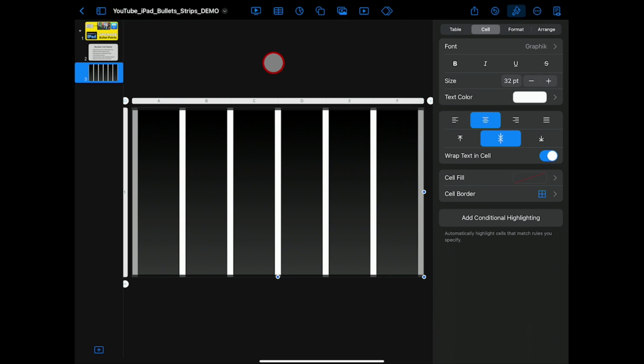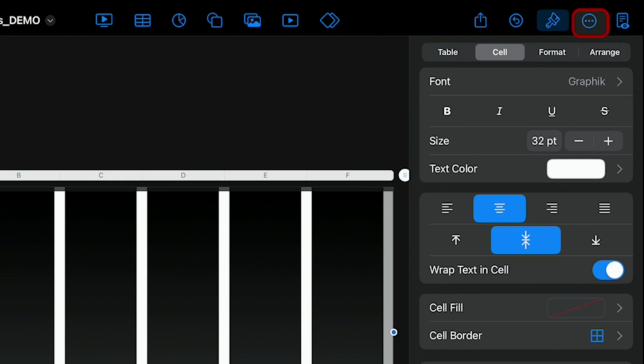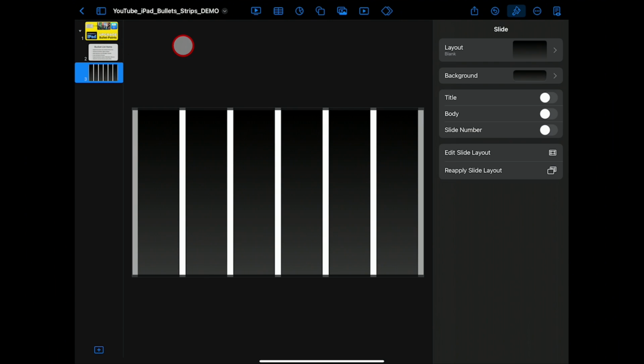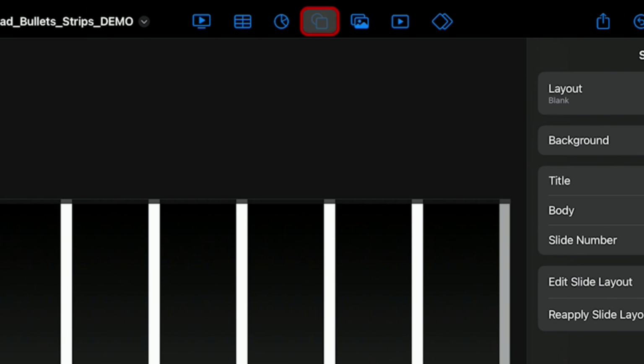Now we don't want this to get moved while we're working on the actual part of the images, so we'll go up here to arrange and we'll lock it. Now it's not going to move around. It's ready to go. Next thing we're going to do is add a shape that's going to be a placeholder